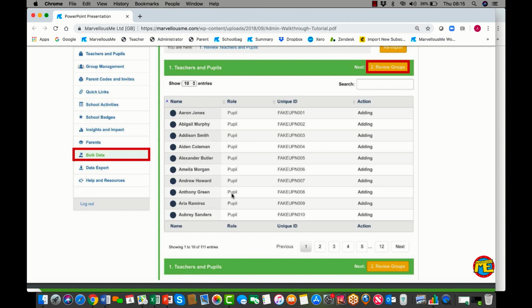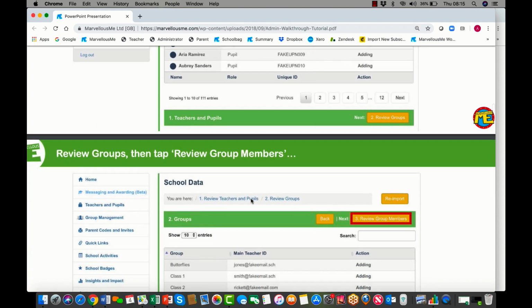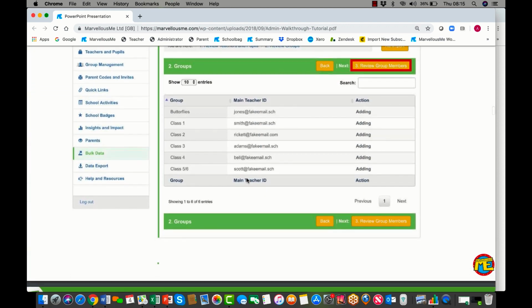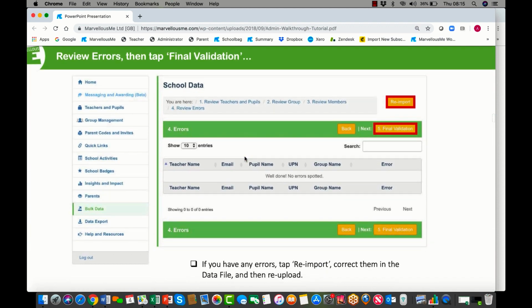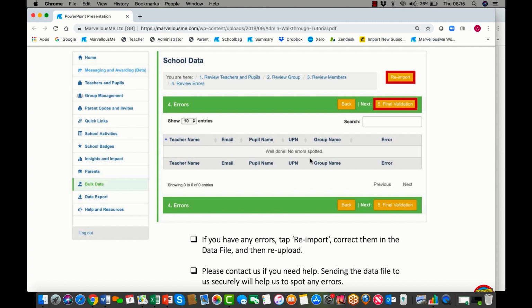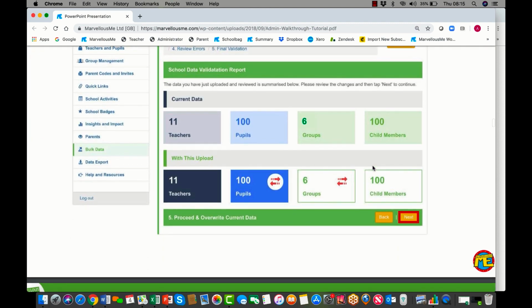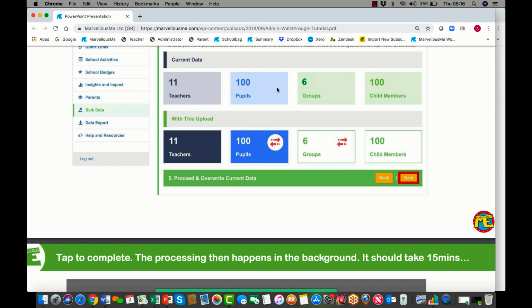So basically this is the same data that you've uploaded, but it's another chance to see if you've got any errors. So you can just sense check the children are being added or updated. You've got your classes and the children then added to those classes. And then hopefully you'll see no errors. And there's a good chance you might see an error that says UPM being transferred from another school. That's absolutely fine. That just means that the child parents used Marvellous Me at a previous school, so just ignore that and go to your final validation, and this will show you your current setup and then your new setup,